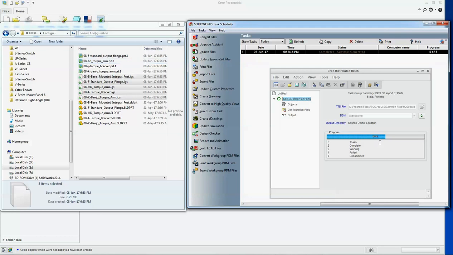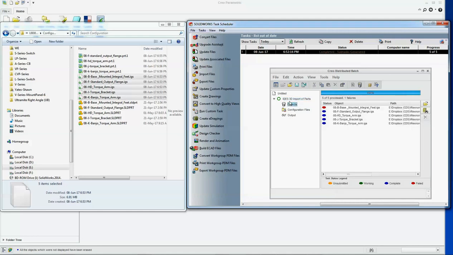So 60% is completed. Okay, so it's 100%, and there is one file which is failed.